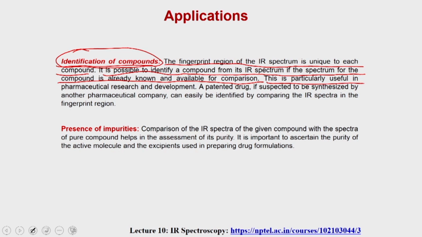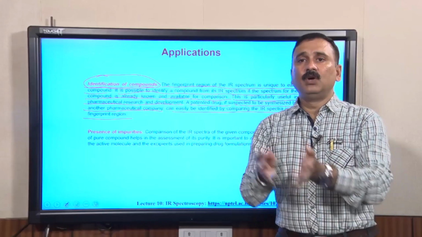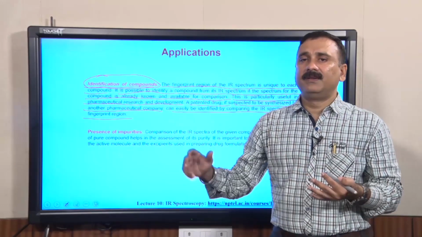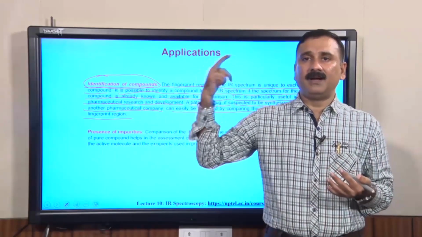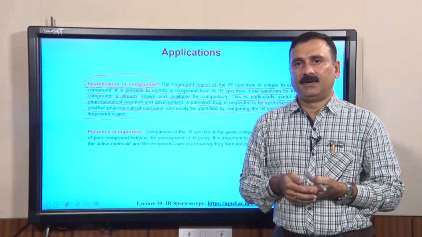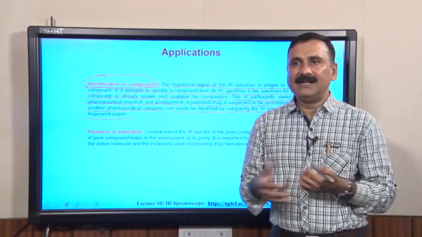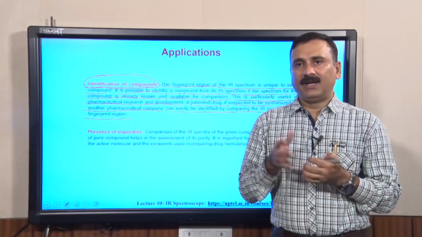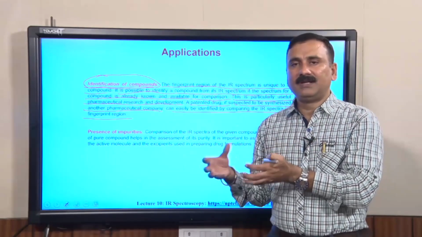This is particularly useful in pharmaceutical research and development. A patented drug, if suspected to be synthesized by another pharmaceutical company, can easily be identified by comparing the spectra of the fingerprint region. Suppose I have discovered a drug which has gone into the market, and the same drug is being synthesized by another company with a different generic name or different brands. In those cases you can easily procure that particular tablet